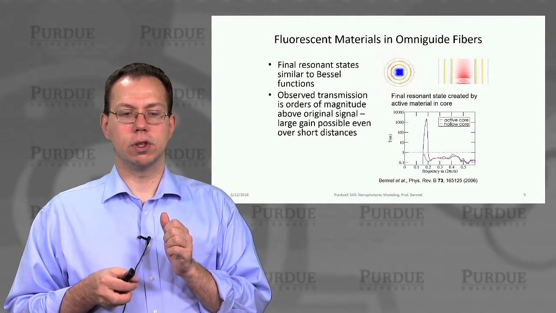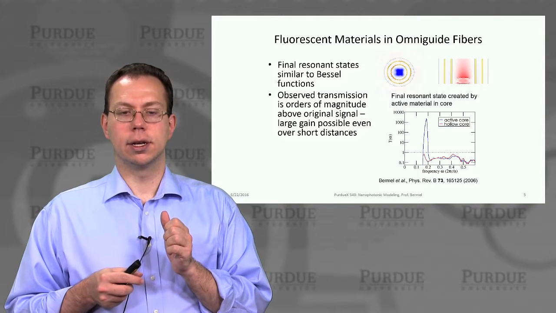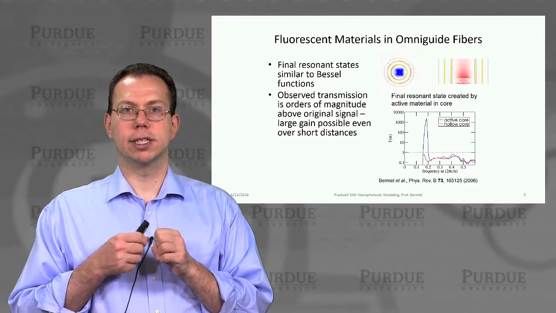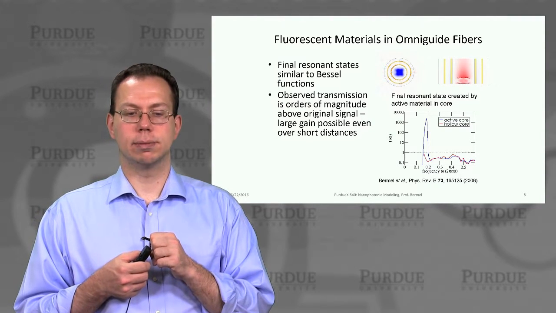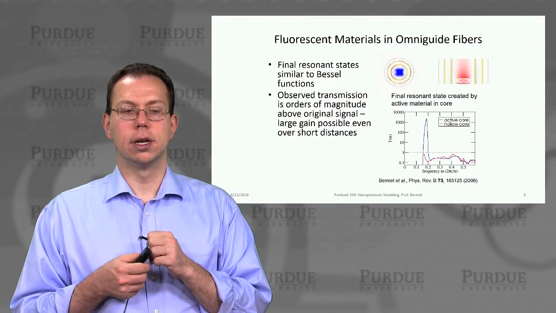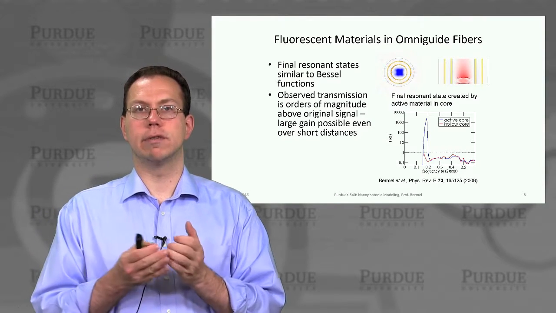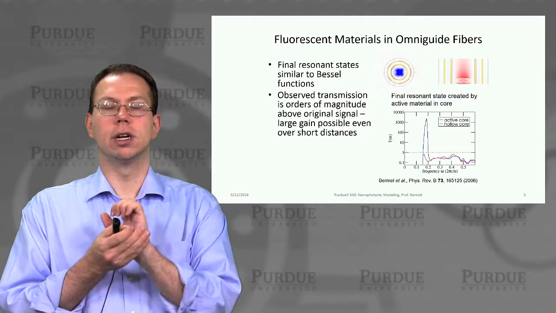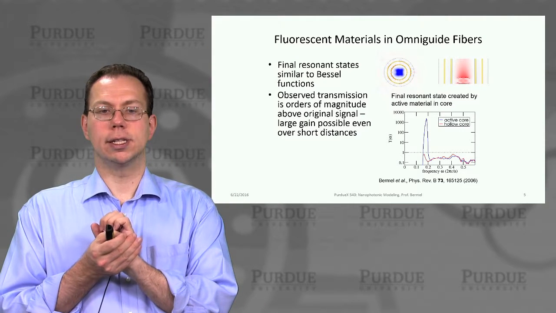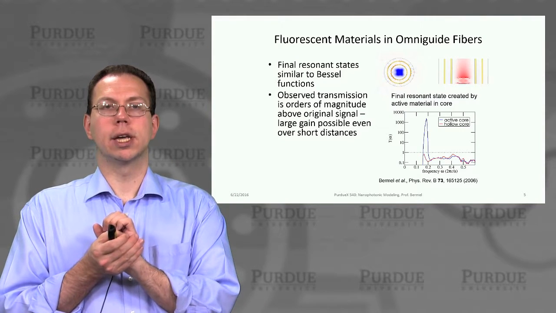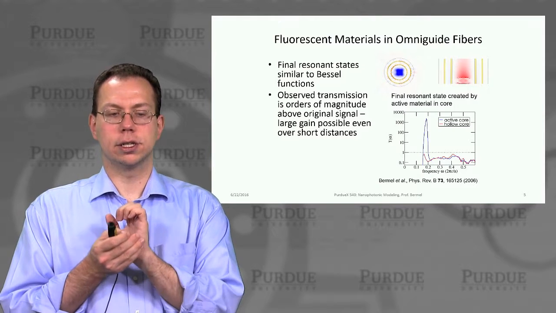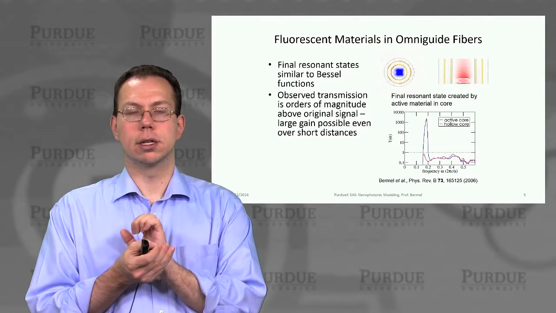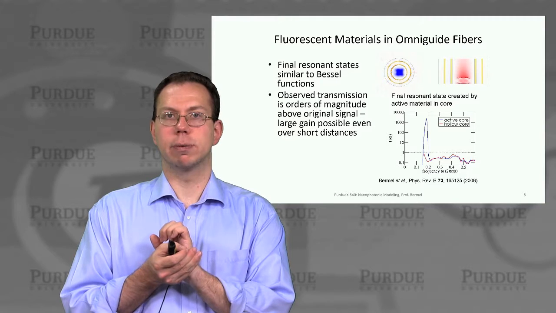And if you look at the transmission that you get from the presence of this OmniGuide, you can see that the transmission has been enhanced by more than a factor of 1,000. That shows that even though it's not a very big cavity, this gamma, or effective gain coefficient inside of this fiber, can be very, very large, assuming you have sufficient pumping. So that's a very critical result to show how strong this kind of configuration can be for a fiber laser.